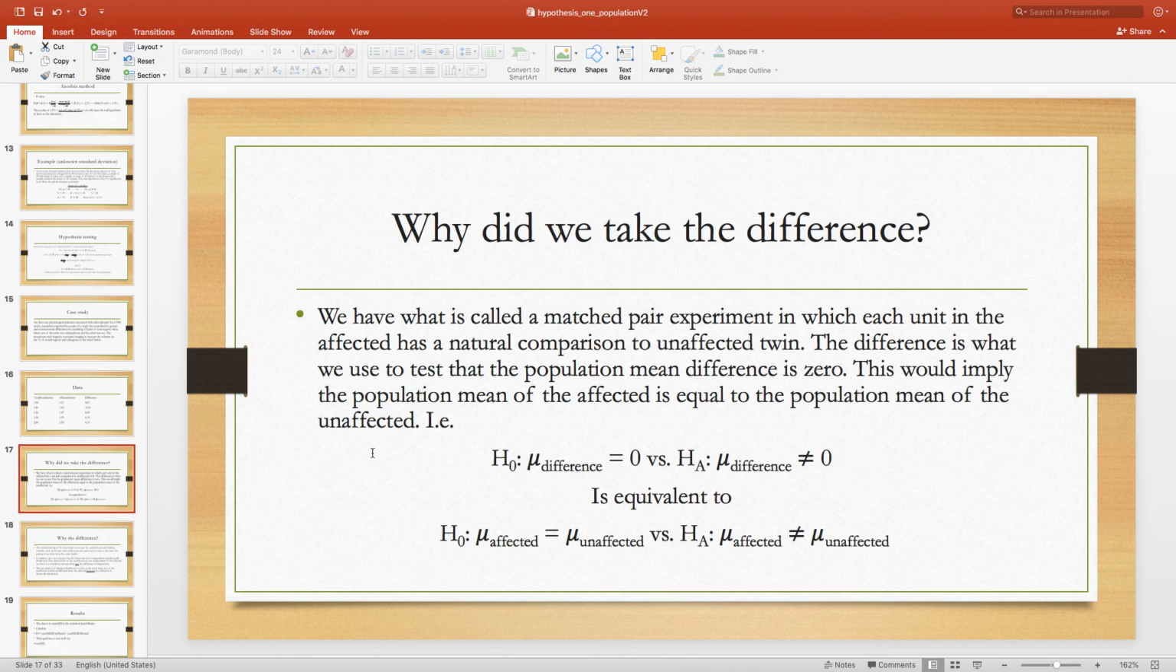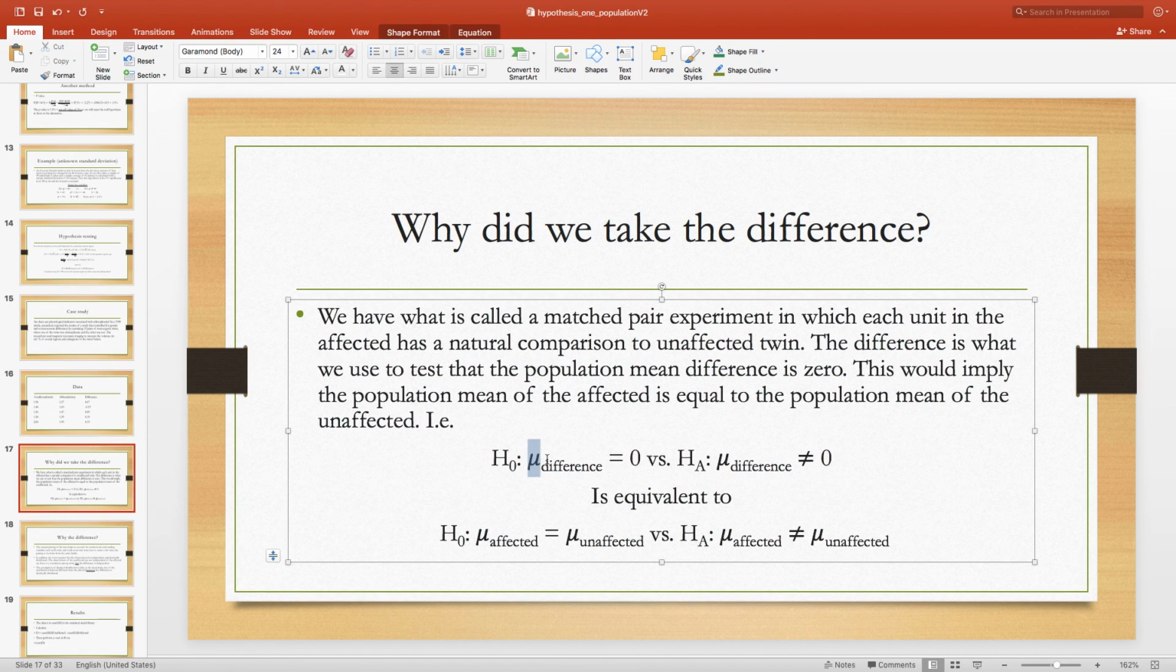So why take the difference? I've talked about the fact that they're perfectly matched up as a natural comparison for one versus the other, and that allows us to account for different confounding factors. We're going to test if we believe that there is